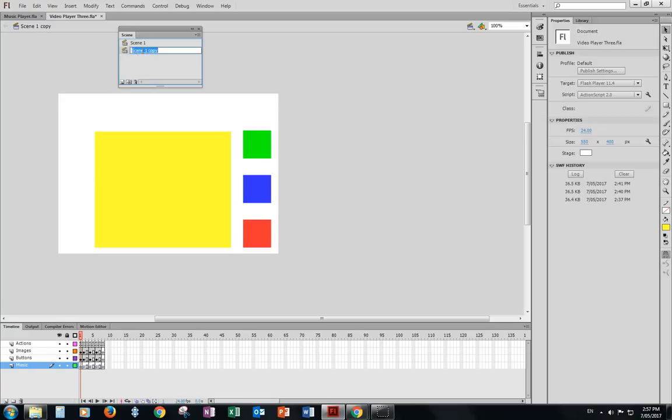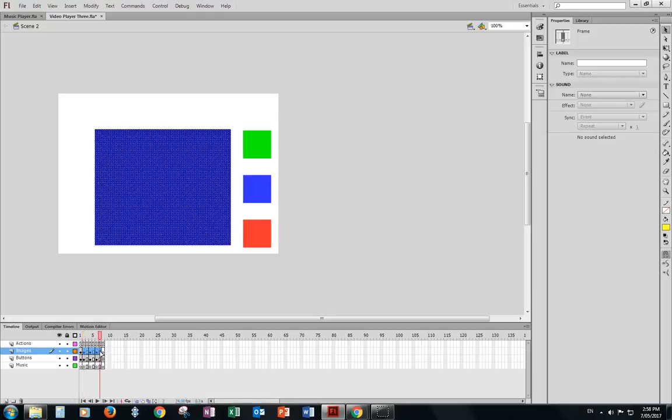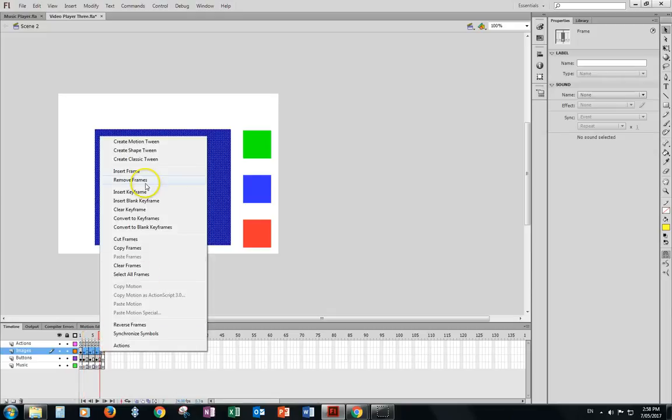Now I'm going to double click on it, and let's make that scene 2. And I can close that window. So now we have everything here. What I'm going to do here is, in Images, I'm going to select frame 2, all the way to frame 5, 6, 7, and I'm actually going to